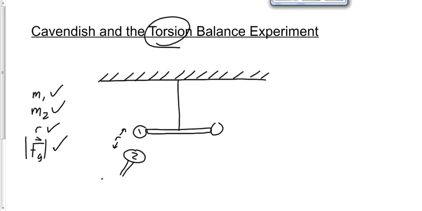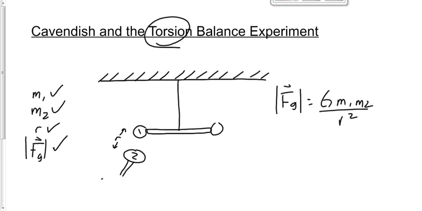Now that we have the values of M1, M2, R, and Fg, and once we've performed this experiment dozens of times, then we can take the equation that Newton had already come up with, Fg equals G m1 m2 over r squared, and rearrange it to solve for G. R squared goes up by multiplying, m1 m2 goes down by dividing, G becomes equal to Fg times r squared over m1 times m2. So we've got the value of G,